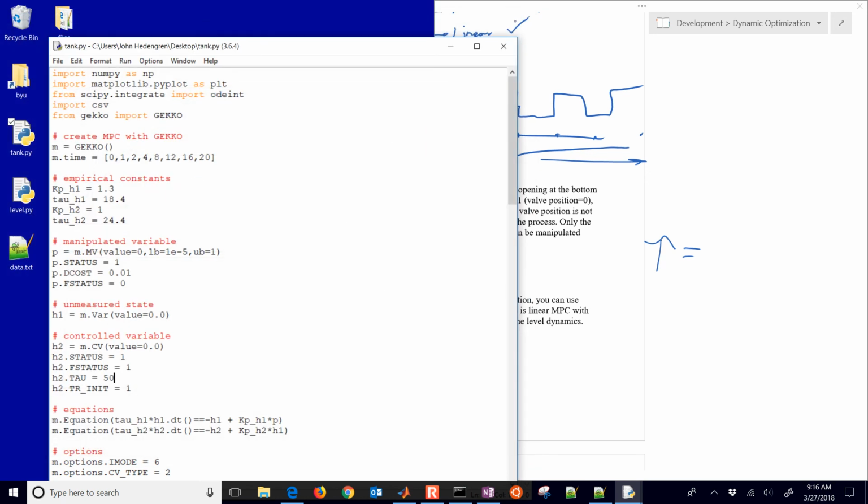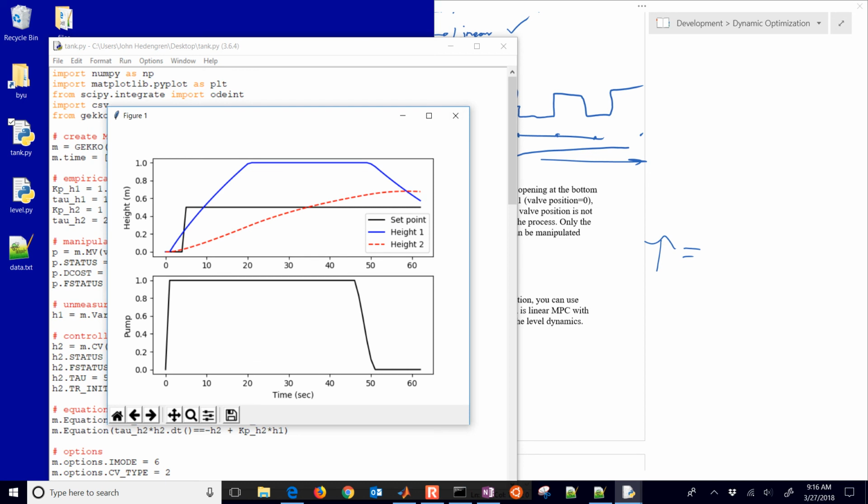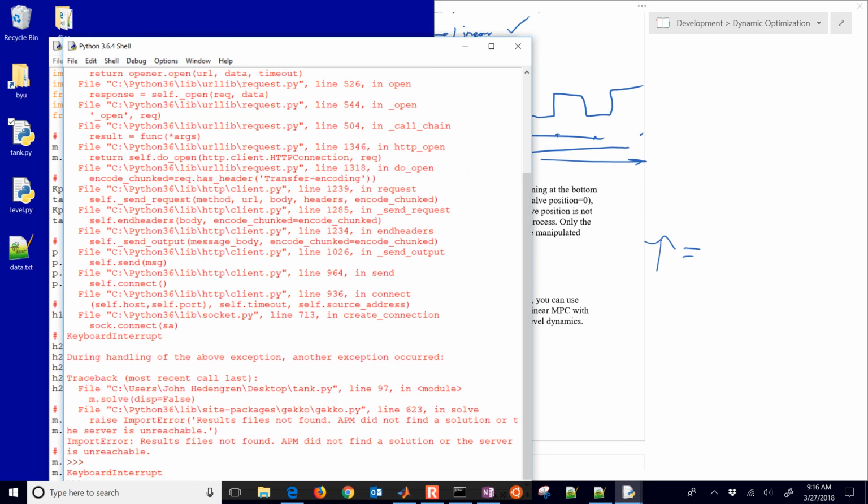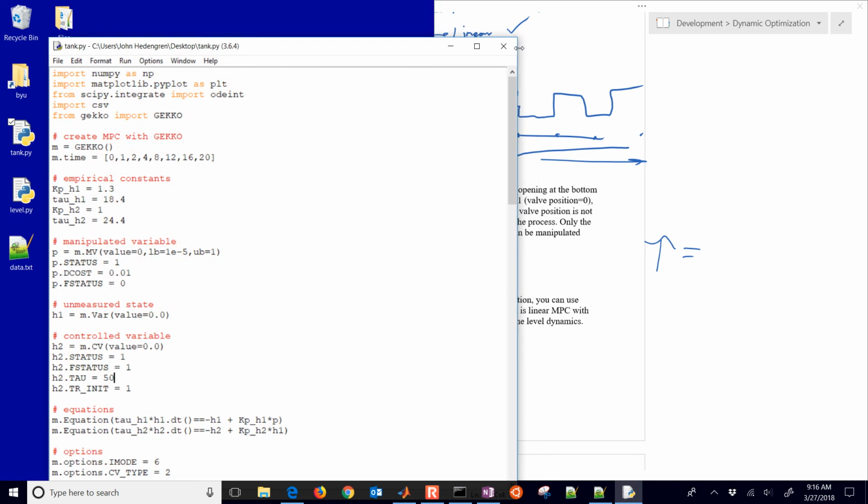Okay, it's still overfilling in tank 1. So let's just see the, sometimes with these real-time plots it's a little hard to close the plot. It'll try to reopen it again. Okay, so sometimes you can do things like trajectory initialization too. I'll talk about some of these options right here on tuning the CV values. And so if I run it one more time,